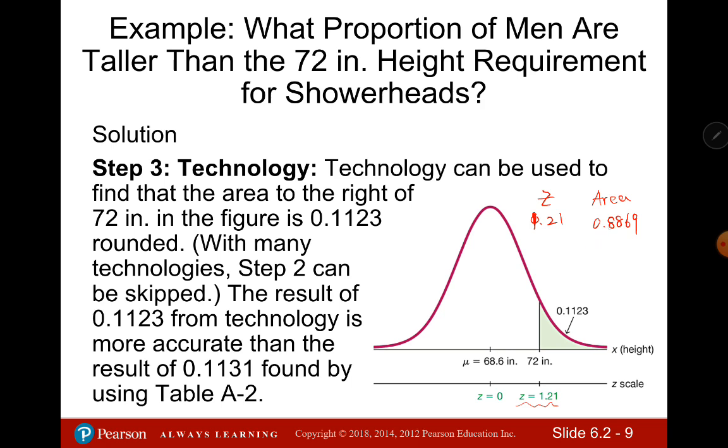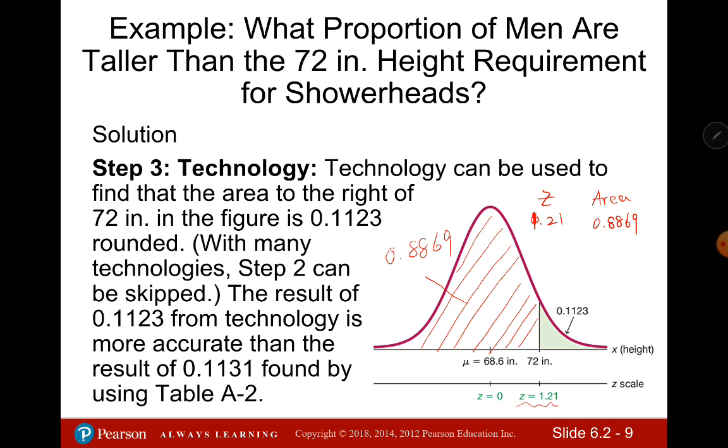So this 0.8869 from your table actually is the area cumulative to the left side. So the red shaded part is 0.8869. It's obviously not the green shaded part we are interested in, but it's possible to get the green shaded